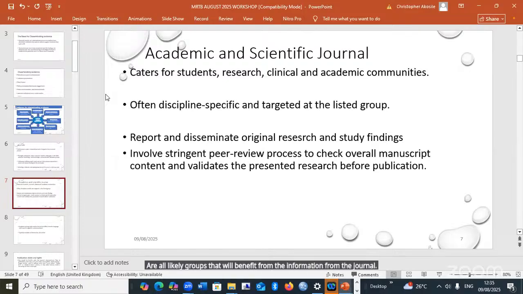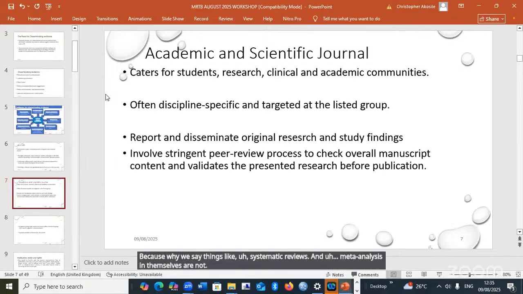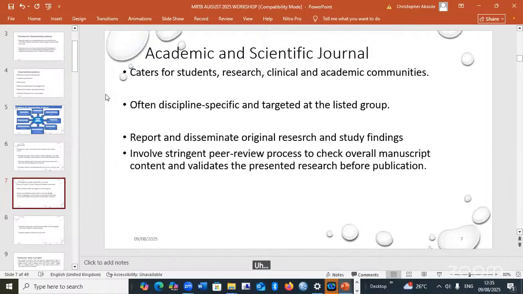The journal publications actually report and disseminate original research findings, original research and study findings. And I want to be a bit clear on this, because while we say things like systematic reviews and meta-analysis in themselves are not original research, but they are often summaries of different original researches.